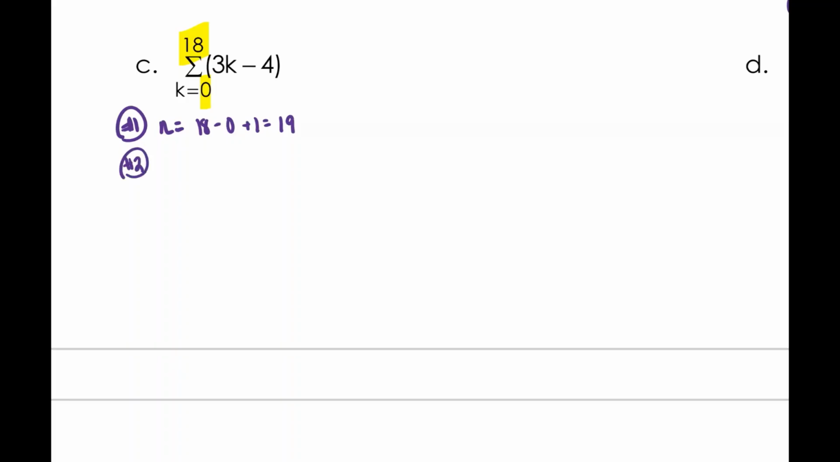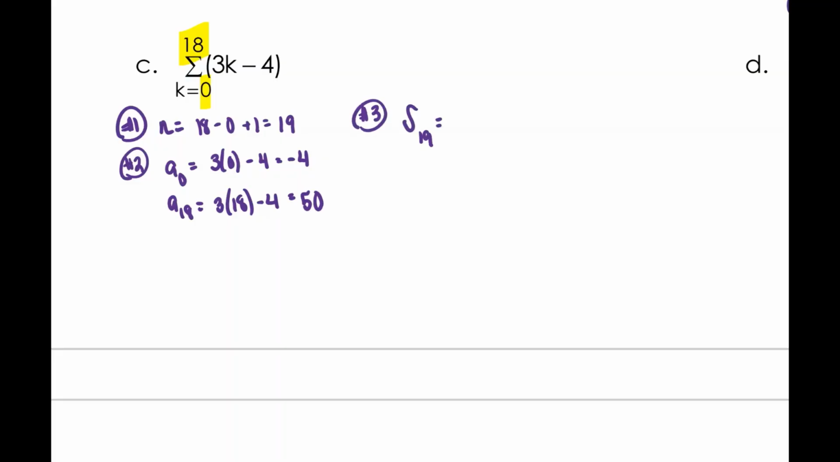Now you need the first term in your pattern, which is going to be the 0th term. Well, that's negative 4. And then you need the last term, which is the 18th one. And when you do your math for that, we get 50. Okay, now we put it all together. So S sub 19 is equal to 19 over 2 times negative 4 plus 50. Do your math on that, and we get